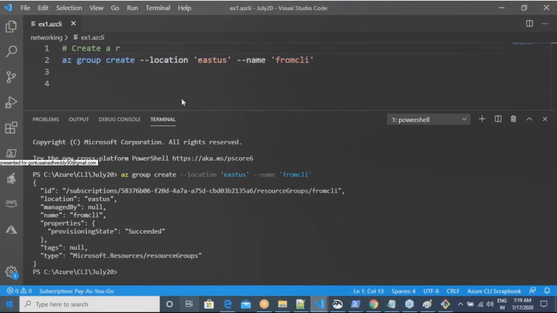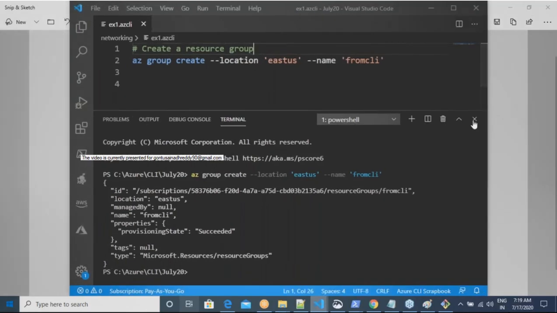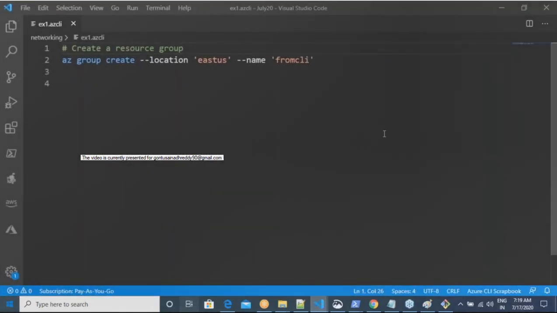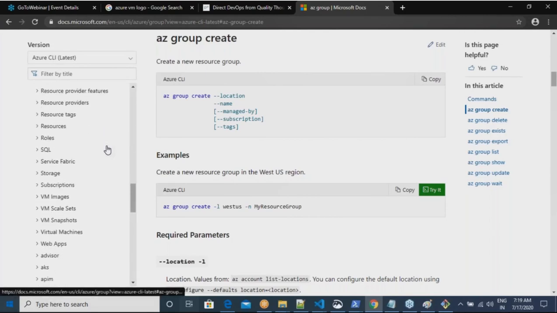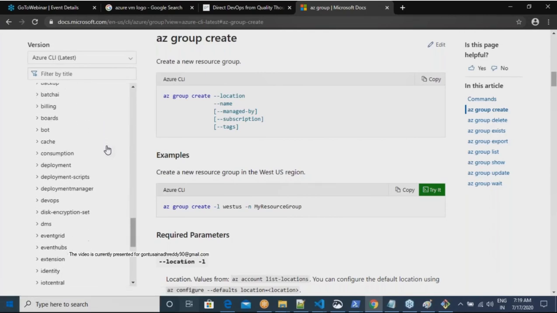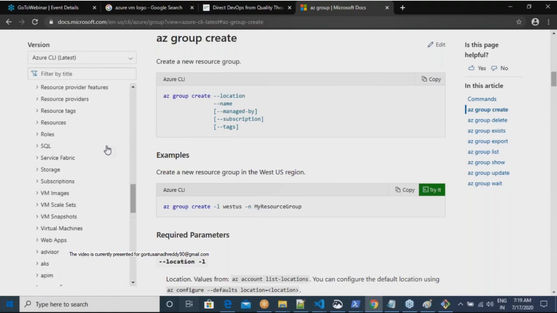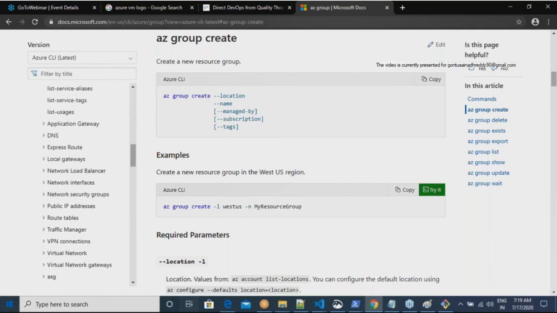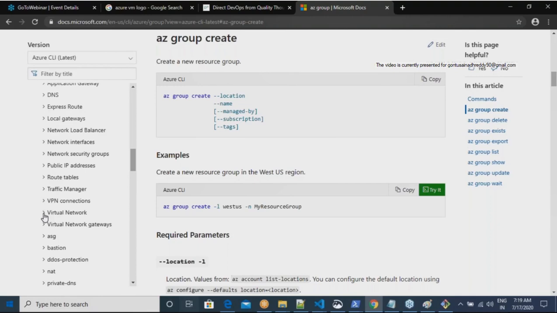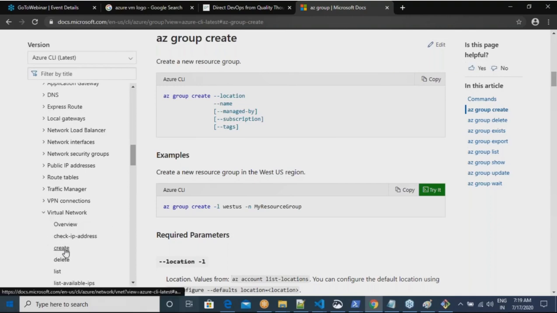Okay. This will create, not a VNet, this will create a resource group. Right, sir. Now what is the next thing which I want to do? I want to create a VNet. Yes or no? So if I want to create a VNet, what do I do? I'll go into this documentation. Scroll down. Okay. There is no VNet section. Let me scroll up. Am I seeing a networking section? In the networking section, am I seeing a virtual network? In virtual network, am I seeing create?